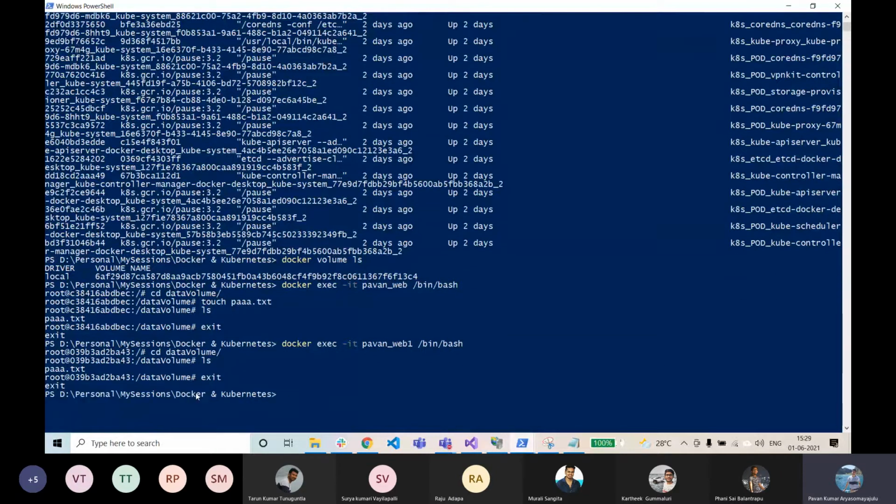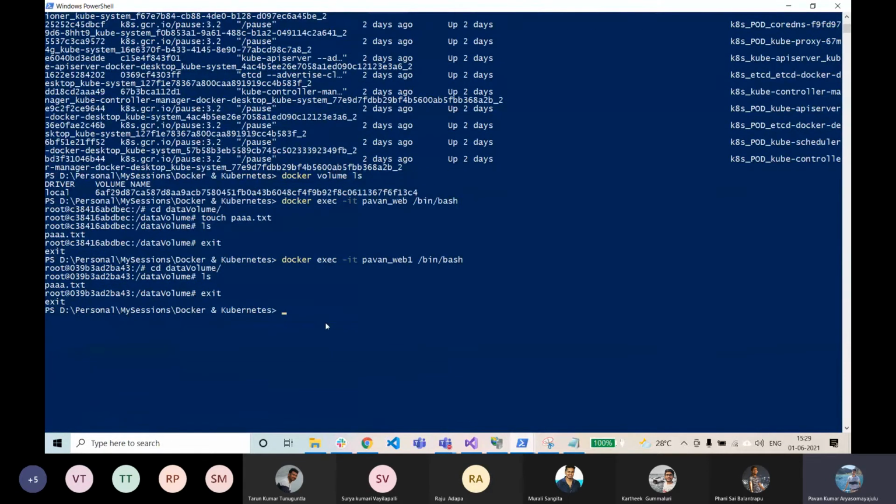So now, as per the earlier question, let's try to stop this container, Pawan web. So rm is nothing but remove, and I'm doing force, which actually stops the container and then removes it. Or else you need to stop it and then delete it.